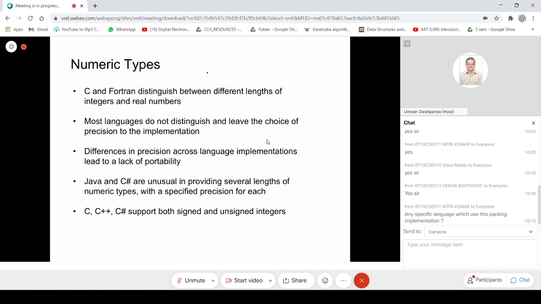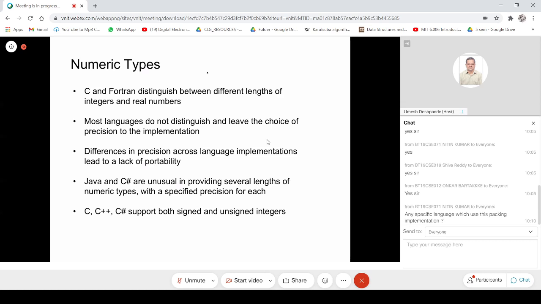If we have written our program taking into consideration that the implementation uses a particular size for representing an integer, then a program which works on machine 2, which has 64-bit, because of an inherent assumption made by the programmer, may not work on machine 1 because that uses 32-bit.